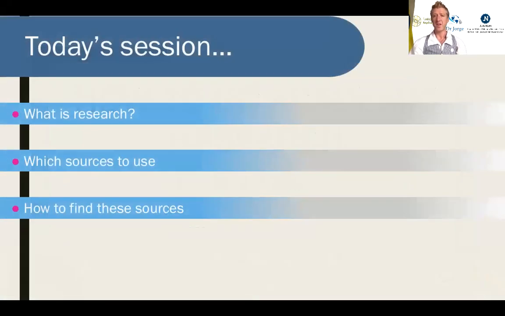What we're going to talk about, very briefly: first, what it is to do academic research. Second, what we're going to use, which I call sources or resources, and then how we are going to do that, which means search engines. We are going to very briefly introduce the library online search, and in cases in which you may be in a different country, let's say China, in particular Hong Kong, and you may not have access to the online library, you may use Westlaw, LexisNexis, and there is even another option, Google Scholar. So I'll explain all this to you.